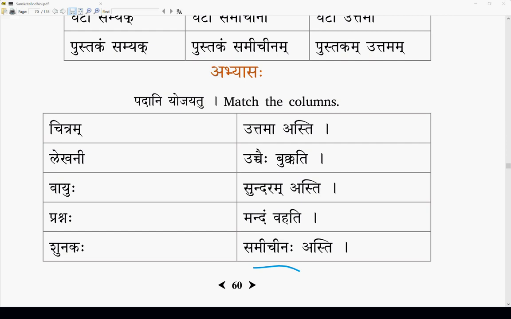Lekhani also. How is this Lekhani formed? If I keep on just remembering Lekhani means pen, Vayu means wind, Prashna means question, Shunaka means dog. But Shunaka has an etymology, from what root it is originating. If you know that, then it becomes so simple. The language suddenly starts becoming simple. And the vocabulary then exponentially grows because we know the root words, we know the etymology. And that is applicable across the language, not specific words.